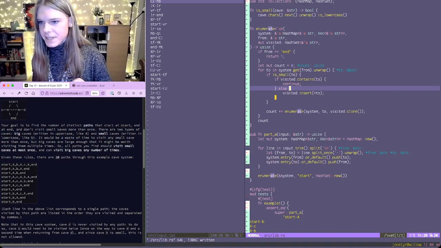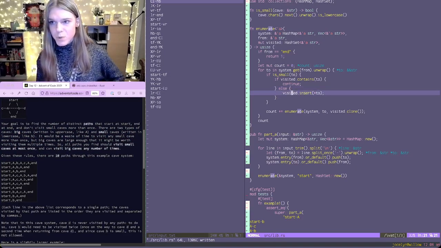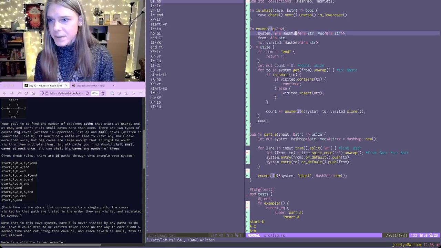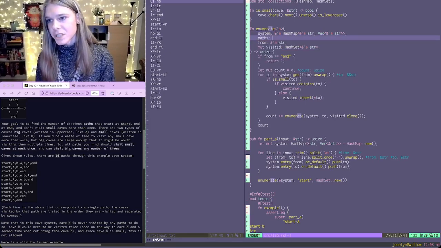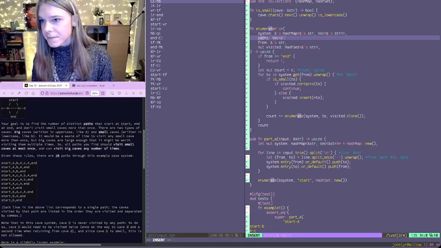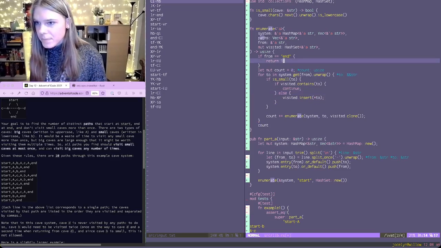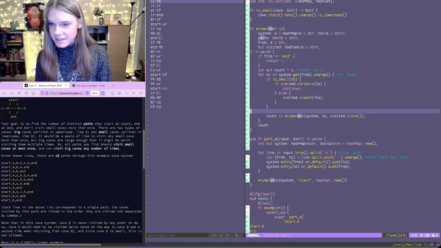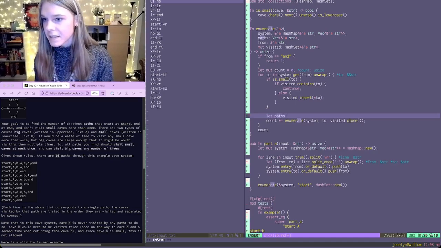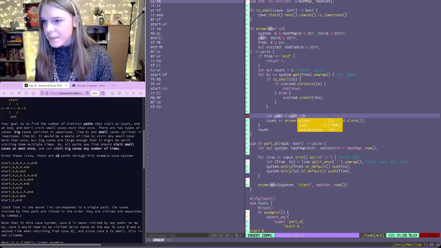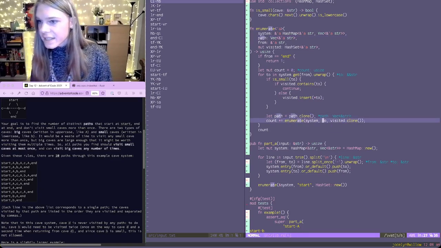Okay, so what we want to do now is just print the paths so far, just so we can see if they match what we expect. So I'm just going to make a new variable paths here, which is just a vec of strings. Or just, I guess that'd be path. Path equals path.clone, and then we're going to pass it into here